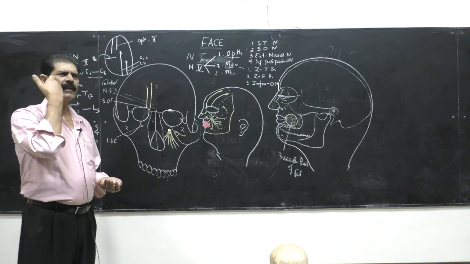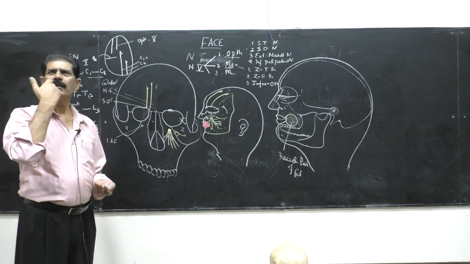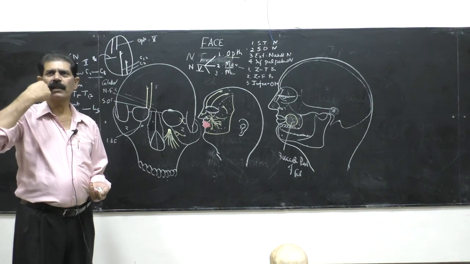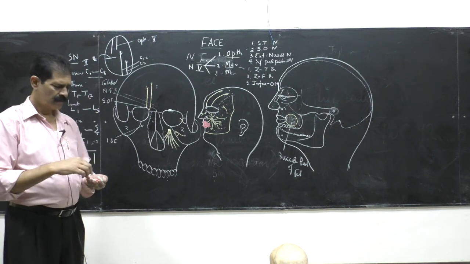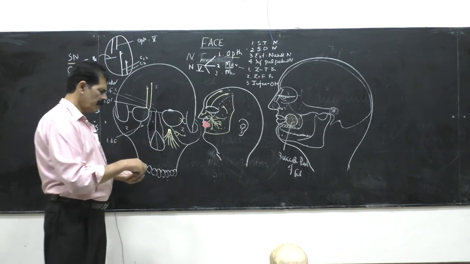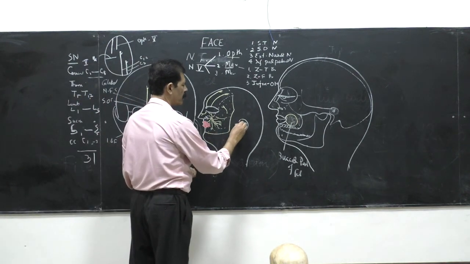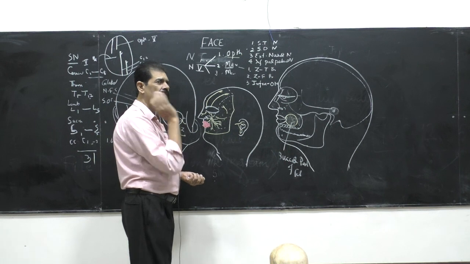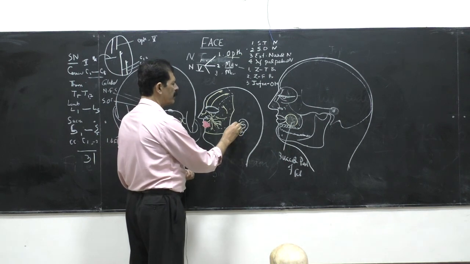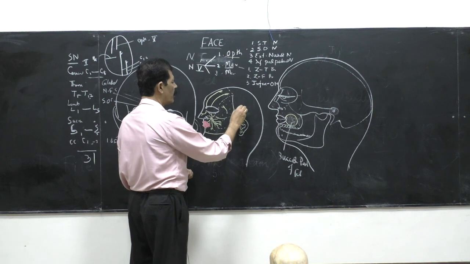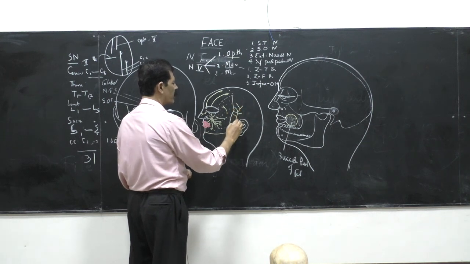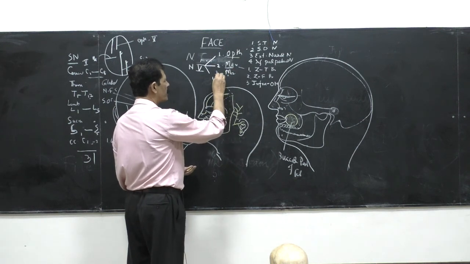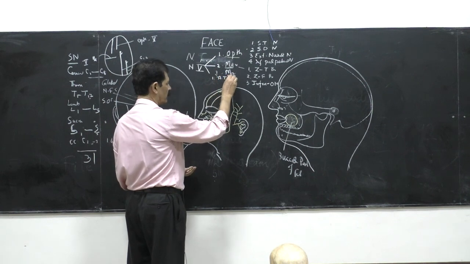Now the next area is the shave area, the skin over the mandible where you put the razor blade for shaving. This area of the skin is under the mandibular division. Which branches come to supply here? The mandibular division. First is the auriculotemporal. Auricle means ear. It supplies the skin of the ear, lateral surface. Then temporal, it supplies the skin over the temporal region, this area. So this branch of the mandibular division is called the auriculotemporal nerve.